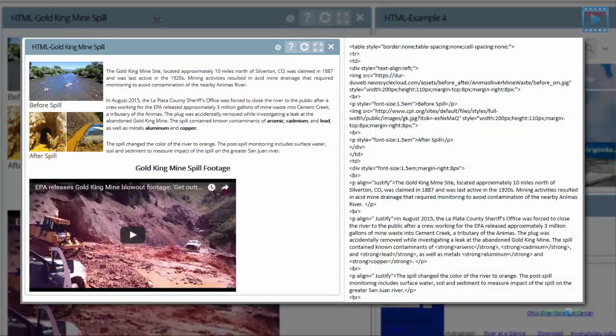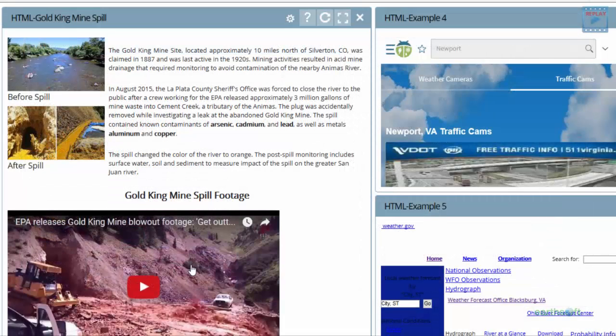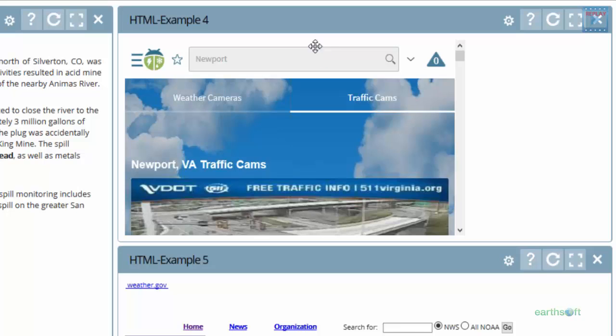Gold King mine spill is a little more involved, and I do have that in the handouts. The code for this one is in there. Really, it's just a couple pictures, some text, and then the link to the actual footage that's on YouTube. This fourth example is a little bit large, but I've scaled it down to be a smaller section, kind of crammed it into a smaller space on the screen to keep a little bit of the screen real estate